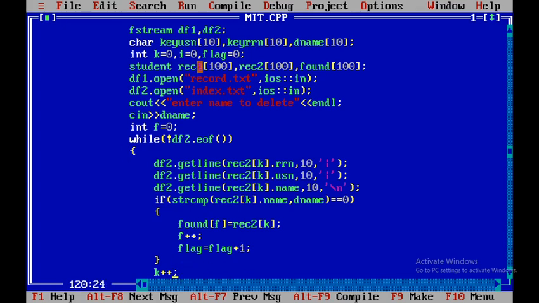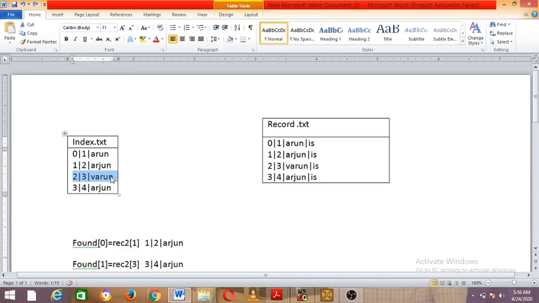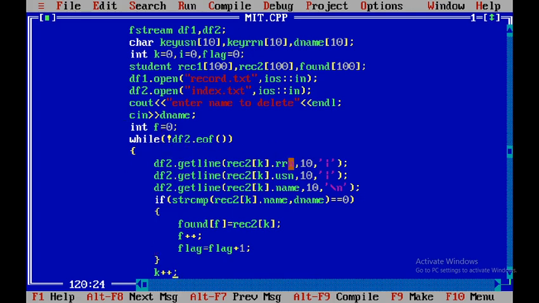Increment the k, k becomes 2. What is index value 2 in the record? Index value 2 is Varun. Hope you are getting this, right? Now Varun is equal to Arjun? No. K increments, k becomes 3. Again enter. Everything is unpacked. Now what is the third? That is the 4th record, with the index value 3. Again it is Arjun. Are they the same? Yes, enter again.